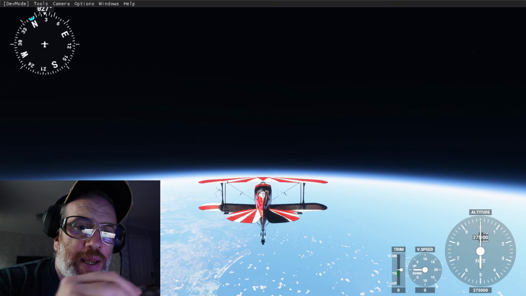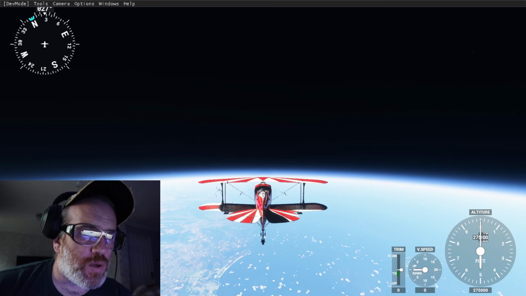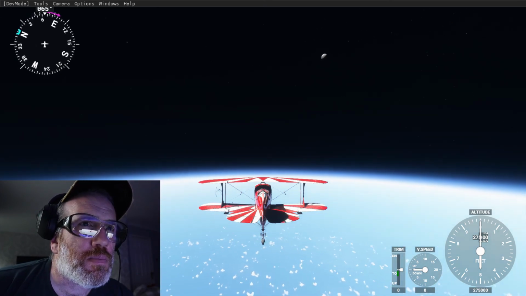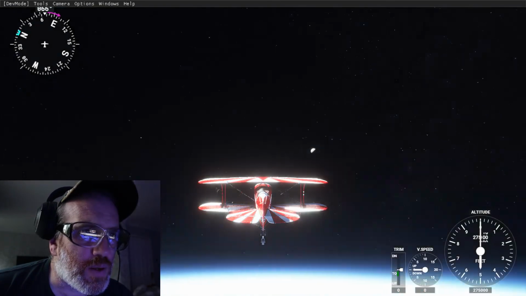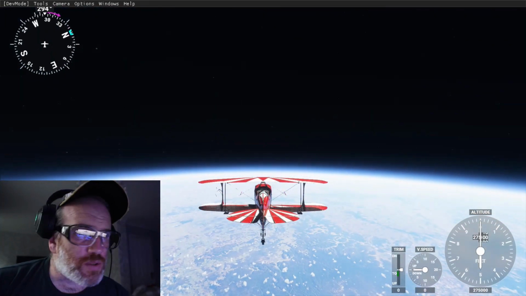So here we are, we're at the peak. This is the height of this game. 275,000 foot. Right above Sydney Opera House. We can see the moon, we can probably see all the stars and the sun. It looks absolutely wonderful. And what you can also do from this mode, if you do want some pictures and stuff,